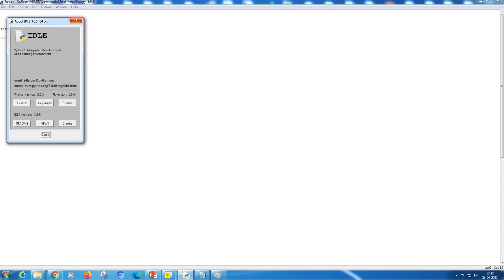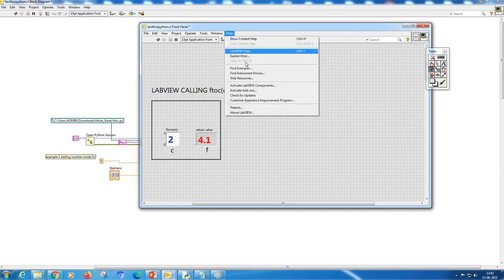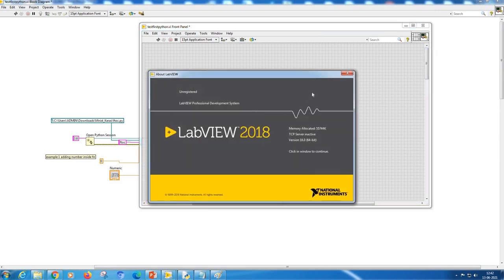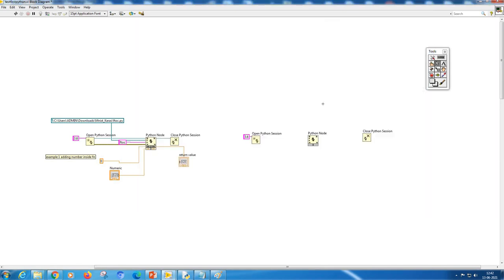Now the LabVIEW version which you are using, you can see it is LabVIEW 2018. Now I press Ctrl E and go to the white screen, the so-called block diagram screen. Now you are going to connect each one of them. The first thing is you have to interconnect the blocks through daisy chaining. This is a standard thing which you do in LabVIEW programming. The error out will be connected to the error in. This is the usual thing which you do.